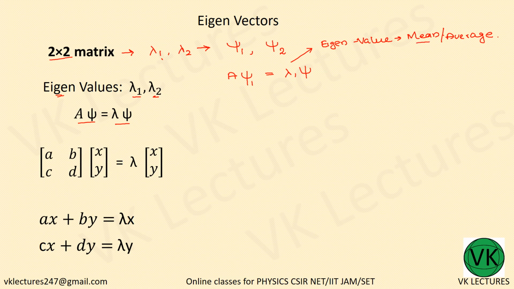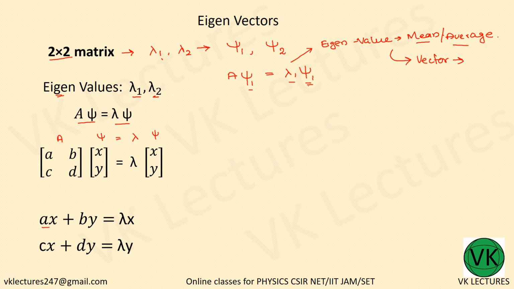Depending on this mean or average value, we have got the vector, that is the eigenvector. So A psi 1 equals lambda 1 psi 1. After solving this, we will get the wave function psi 1. Now for example, if this is A, and this is the unknown quantity, that is our psi, equal to lambda times psi. Now by solving this equation,